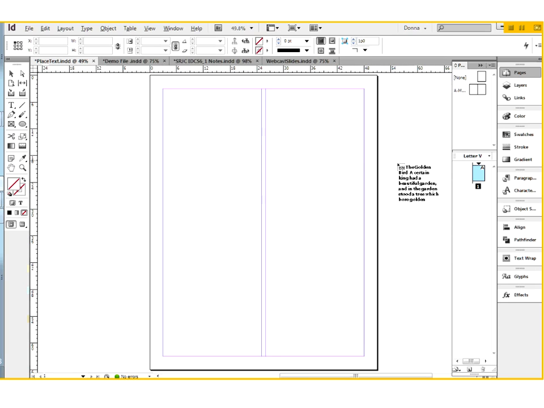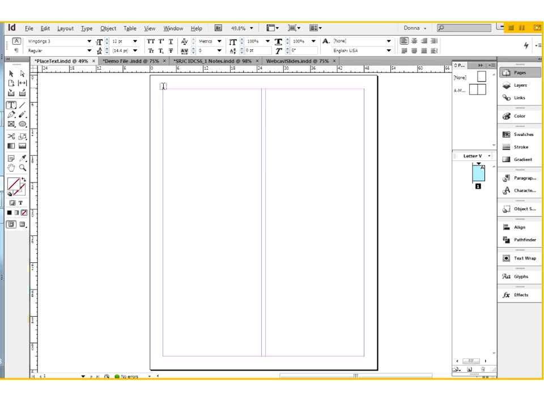Now I'm going to undo that again and get rid of my loaded cursor. Remember, I can do that by either pressing the Escape key or clicking on any tool in the Tools panel, and it will get rid of a loaded cursor. Right, now this time what I'm going to do is I'm going to draw